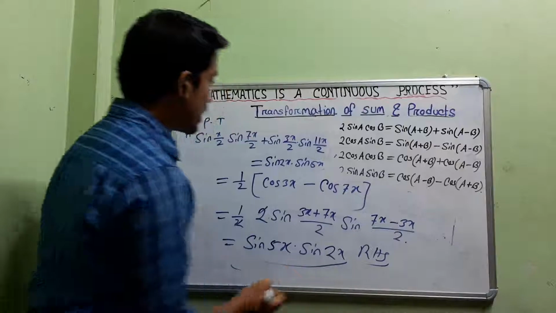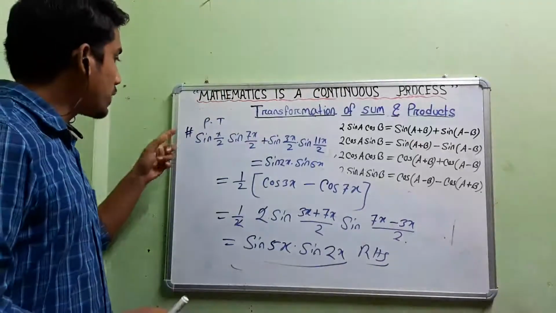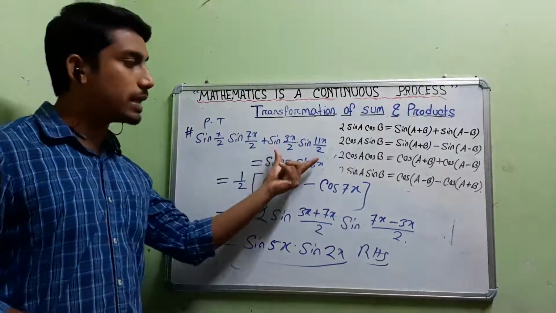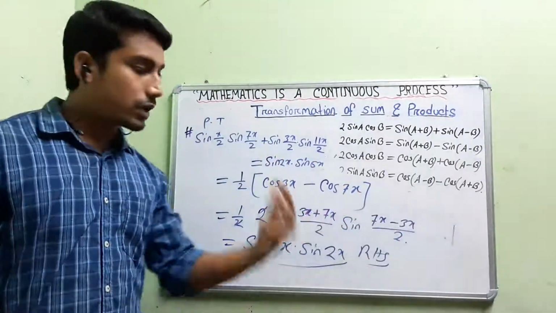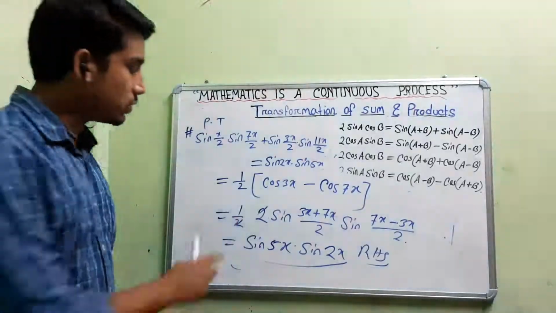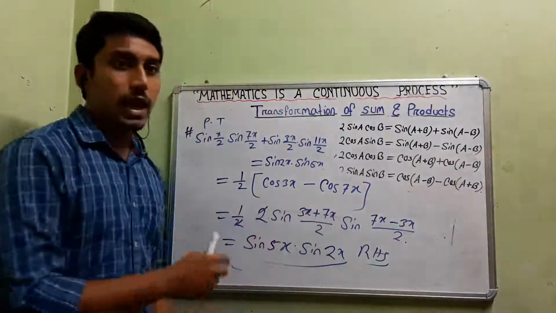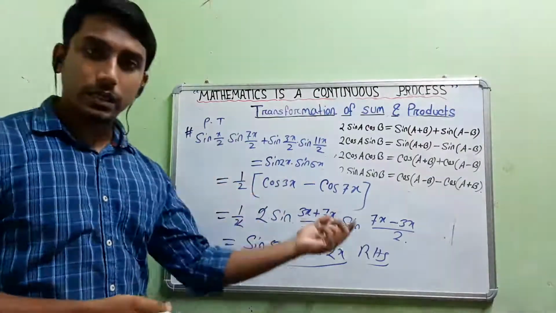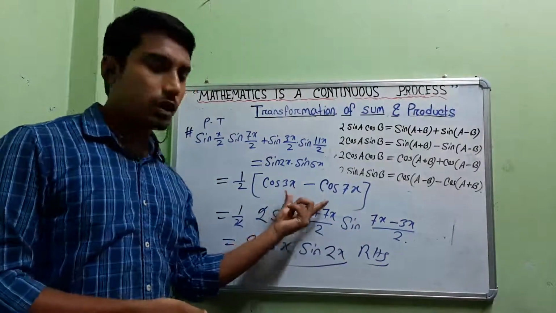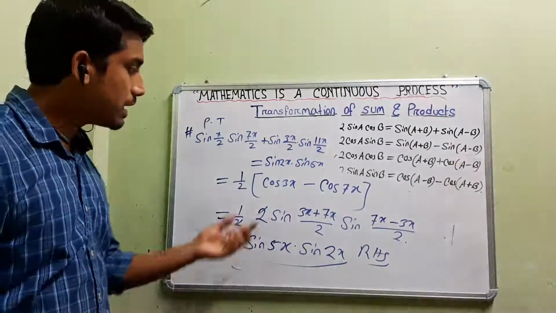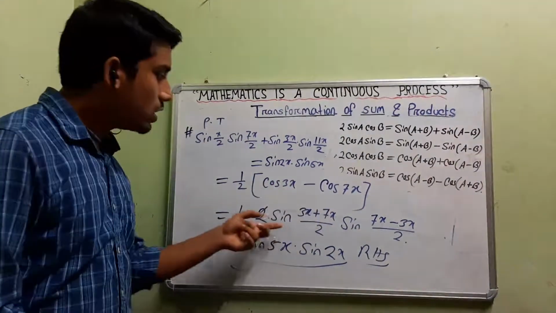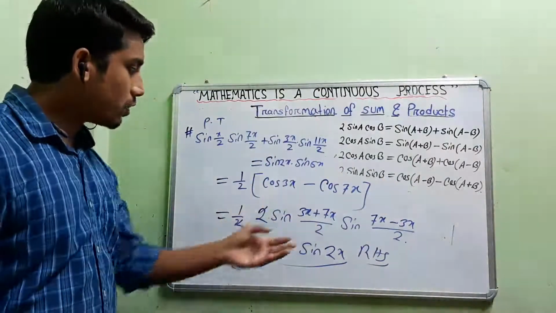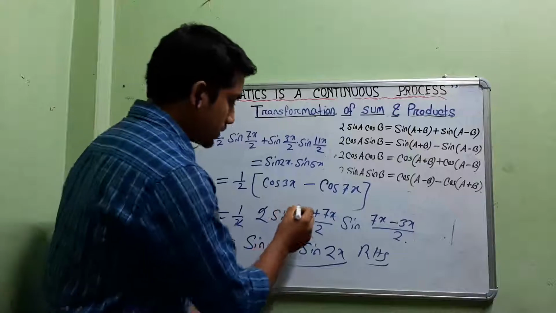So this problem we have solved in that way. First of all I have introduced 2 here, here also I have introduced 2, so 2 sin A sin B, 2 sin A sin B. I have followed this formula. After a little bit of calculation, we got this line, cos C minus cos D. Again it is going to the last formula, the cos C minus cos D formula, which I already discussed in my last video: 2 sin((C plus D) by 2) sin((D minus C) by 2). So after following it and the calculation, we got the result.